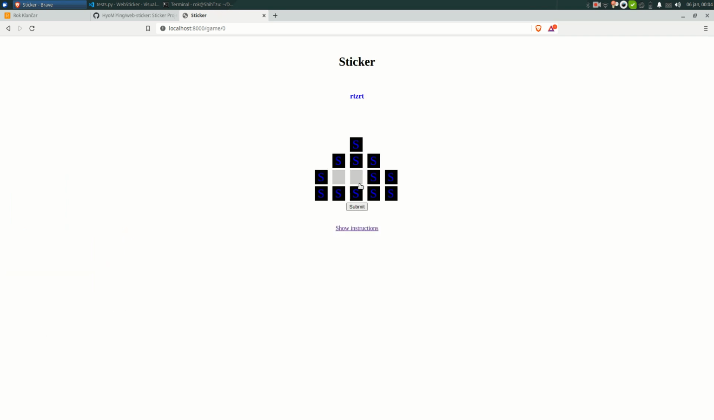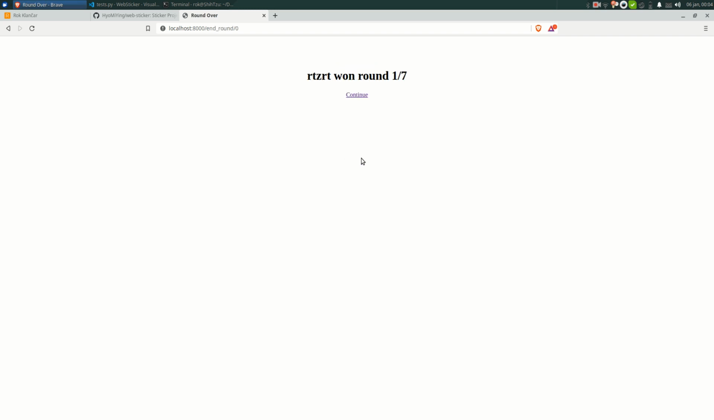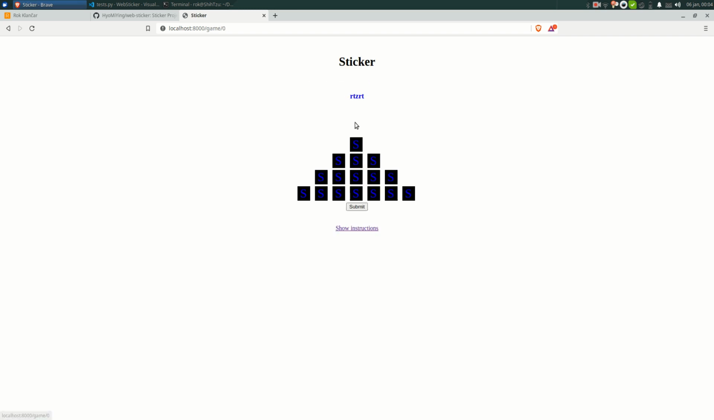It works fine if you do it on a single computer. Maybe if you have a little brother and sister and you exchange the keyboard. Now the blue one is going to win because the red has to pick up the last card. We're on round 7 and continue, and they just play 7 rounds, and at the 7 rounds it just counts how many rounds anyone won,